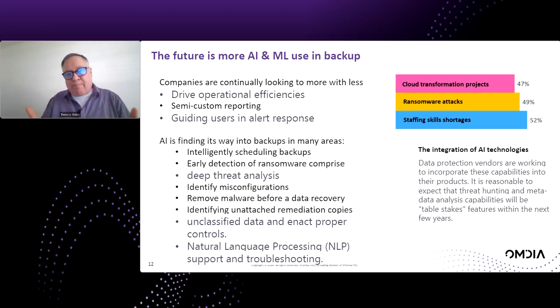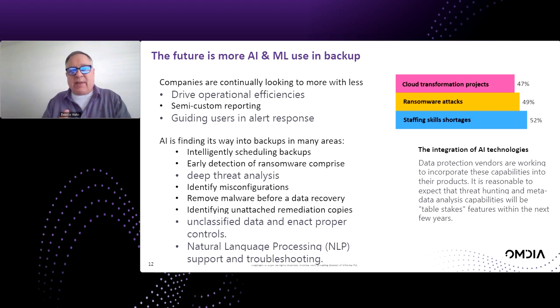So as I look at AI for backup, and I have to have a slide about AI because everyone does, one of the other surveys we did asked what some of the shortcomings of your data center and your backups are, and a lot of it was around staff skills shortages. It's continuing to be a problem. A lot of people say even if we want to hire the people, which many times we're trying to reduce staff in this area, because backup isn't usually considered a strategic element, but it's a really important insurance plan.